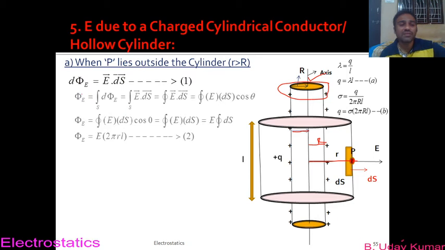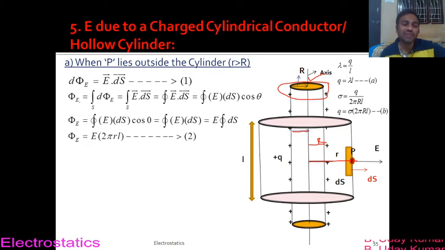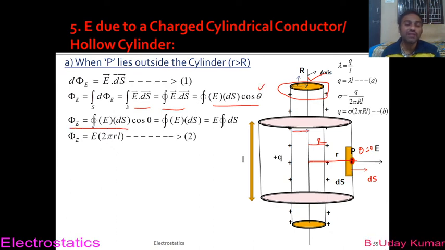To find the total electric flux, we just integrate it. So phi e will be integral d phi e, which I can write as integral E dot ds. This is also denoted like this, and E dot ds is nothing but the dot product of E and ds, and if I expand it, I get E ds cos theta. But from the figure we already mentioned that theta is equal to 0. What is theta here? The angle between E and ds. Since they are directed outwards, the angle between them will be 0. So in place of theta, if I substitute 0, I get phi is equal to integral E ds cos 0.